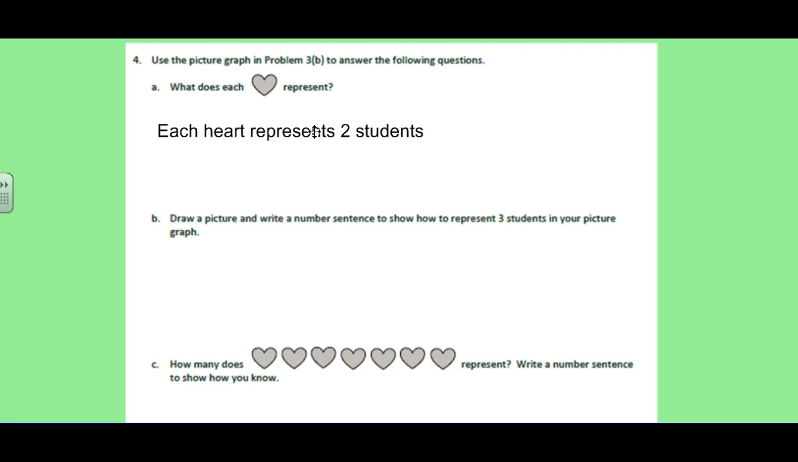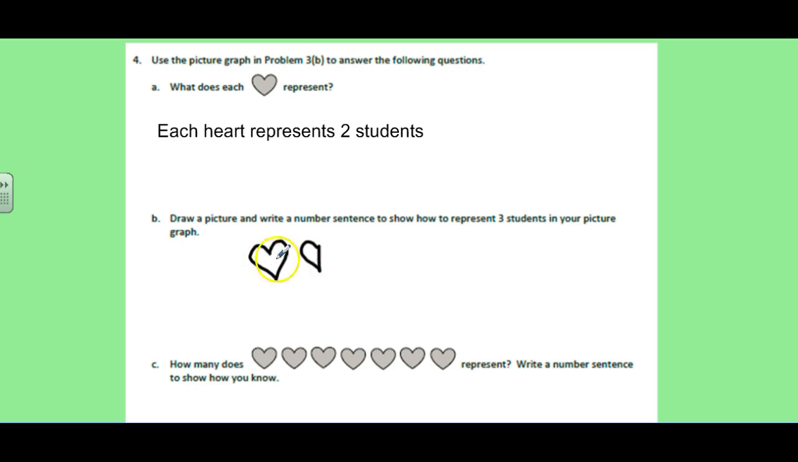Question B for number 4 says draw a picture and write a number sentence to show how to represent 3 students in your picture graph. So we know that if 1 heart is equal to 2 students, then I'm going to have 1 heart, but I just need 3 students, so I'm actually going to have half of another heart,